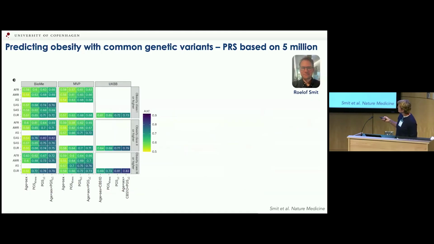So here are the results in BioMe, Mount Sinai Biobank, Million Veterans Program, and UK Biobank for obesity class 1, which is BMI over 30, then class 2 over 35, and class 3 is over 40. Focus on these results here, and you see that the area under the receiver operating curve is getting pretty good. It's like 0.7 for just your regular obesity.